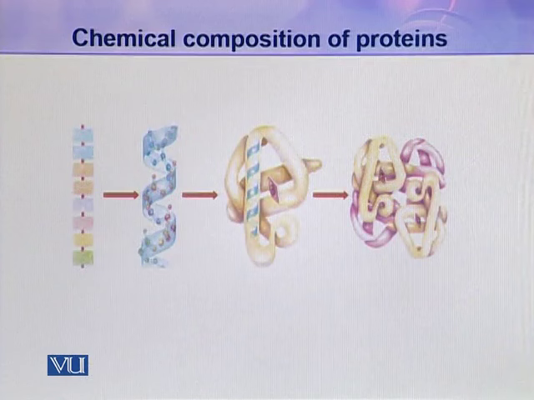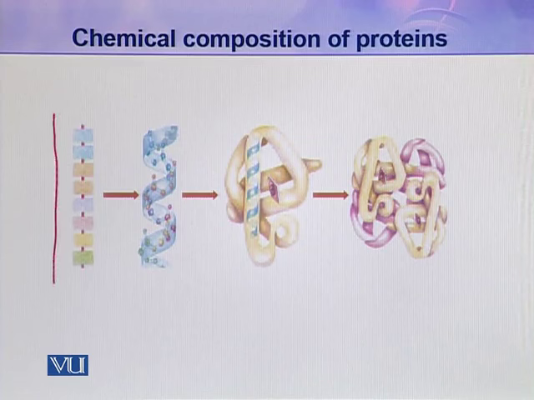If a polypeptide is formed, we cannot say it is a protein, because a polypeptide is a polypeptide chain, and after some conformational organization, this polypeptide is transformed into a protein molecule. For example, here you can see this is a polypeptide chain. Different amino acids are joined together in this polypeptide. This is simply a polypeptide chain. This is not a protein.